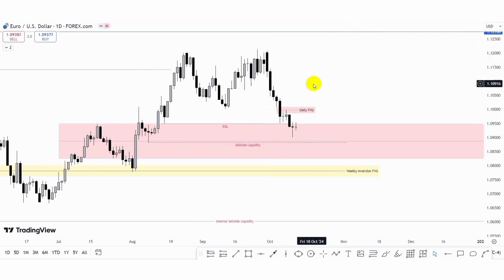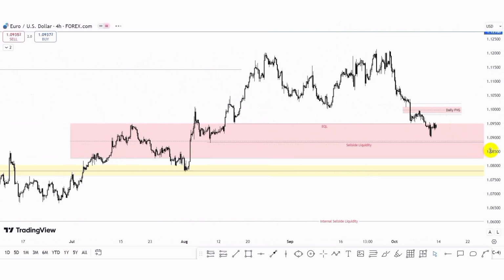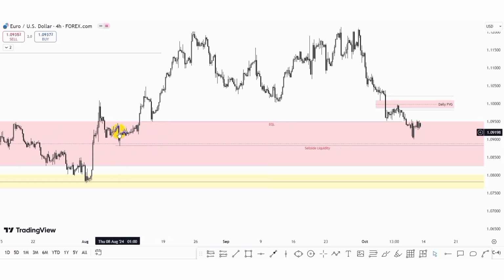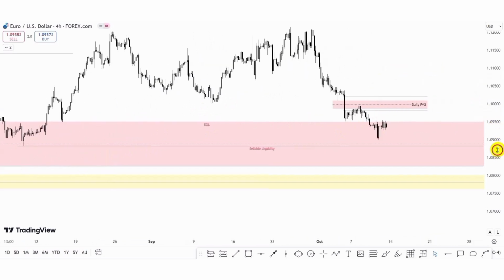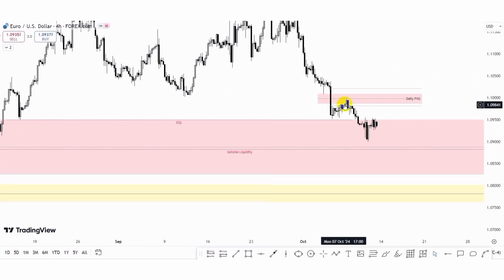So let's check the 4-hour time frame. So here in the 4-hour time frame, what we can clearly see is we have the sell side liquidity, and we can't really frame any valid sponsorship candle here, aside this rejection block we can identify here. So what we can see is that price dropped lower, and if you check the trade setup for last week, we expected to see that price will push to the upside before falling to the downside, because this was where we had the Friday candlestick.